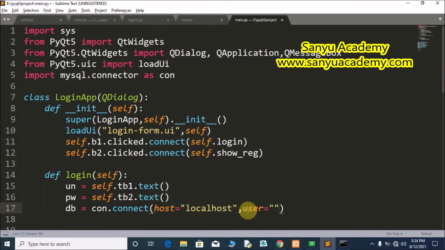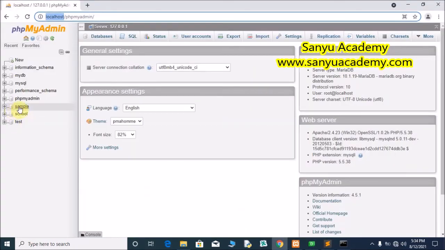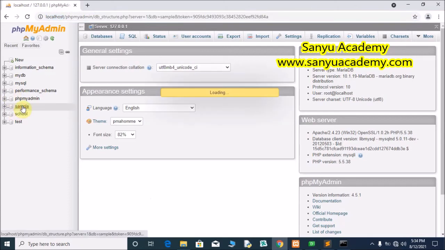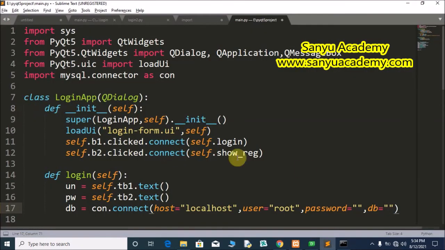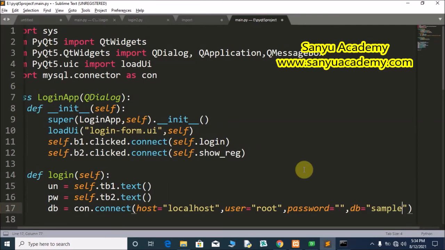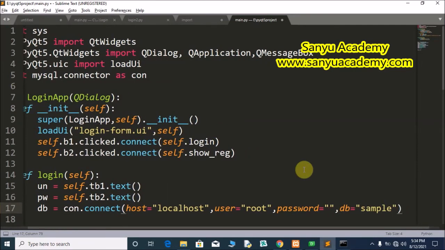The default user for the localhost SQL server is root, and there is no password, is equal to empty, and the database we are going to connect is db is equal to, the database name we are going to connect is sample. We already created the database, so give the name sample. Now we have connected to the database.